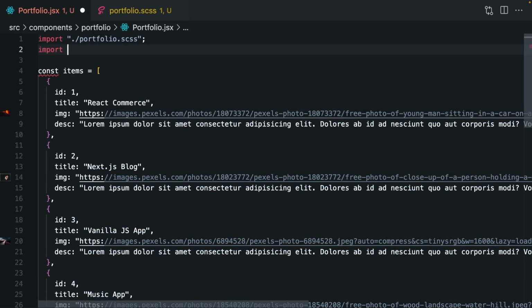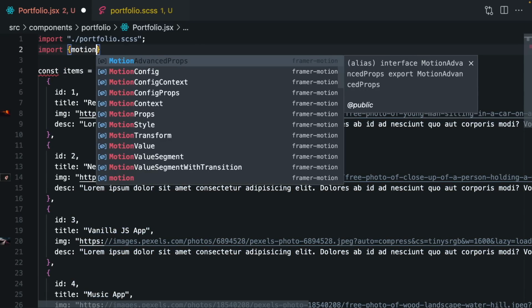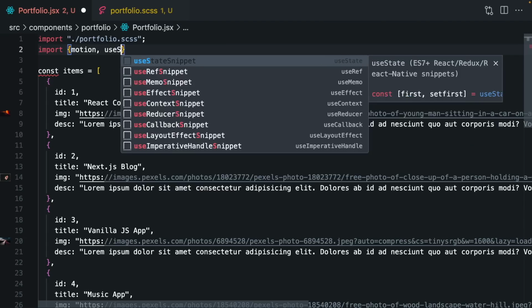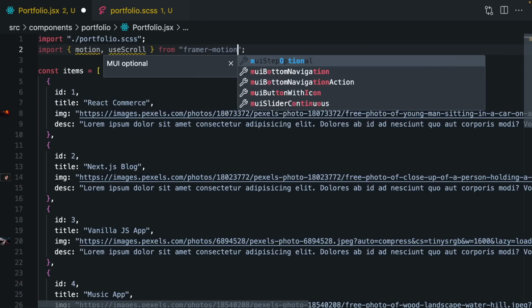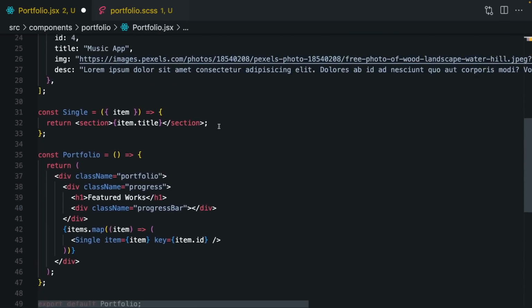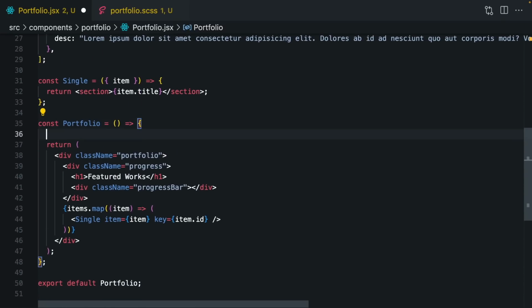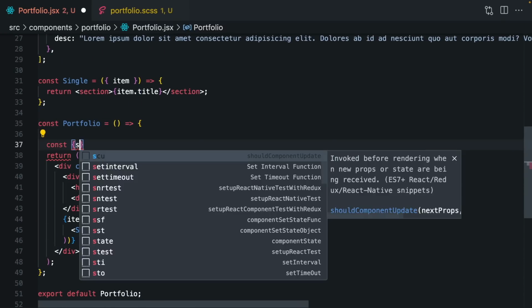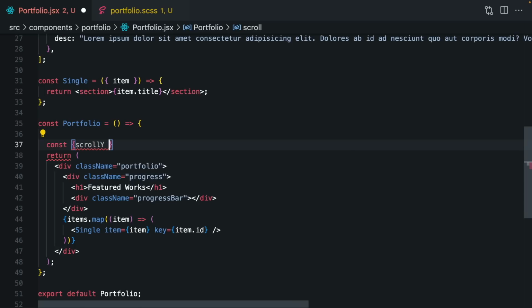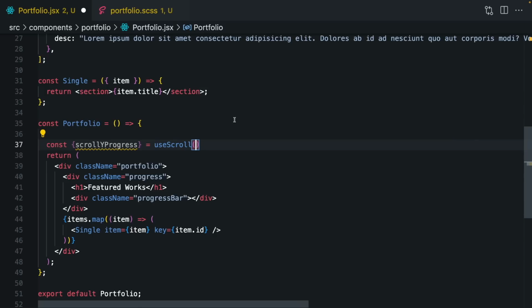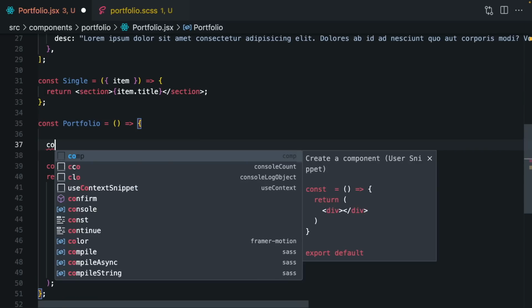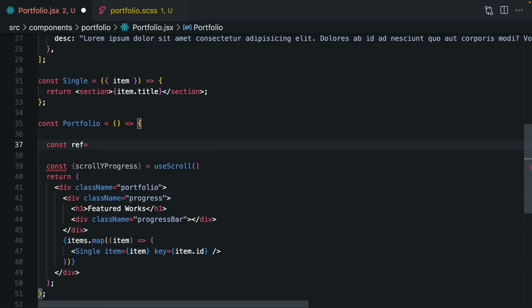I will say import, of course, motion first, and after useScroll, framer motion. Let's use it. Scroll Y progress, useScroll hook, and remember we are passing here our target. To do that we are gonna need useRef hook, const ref, useRef,